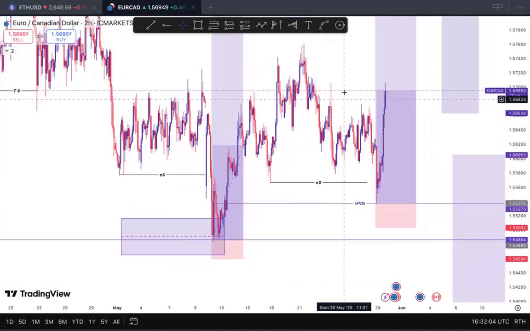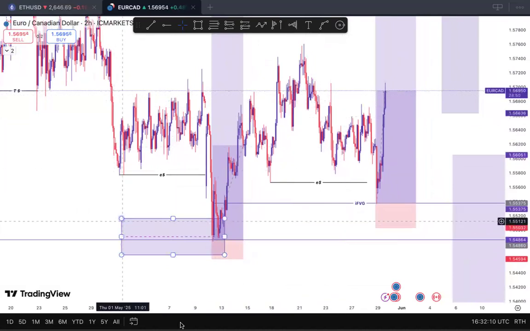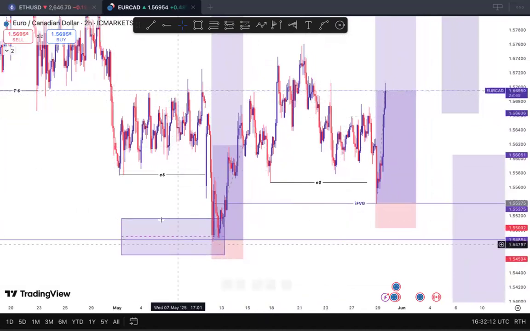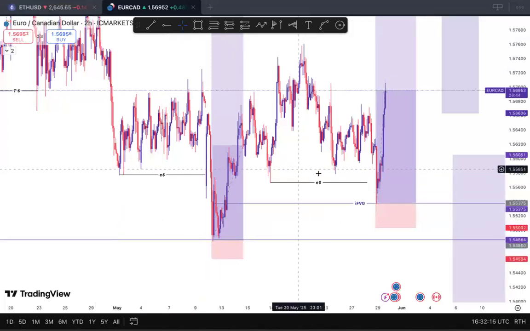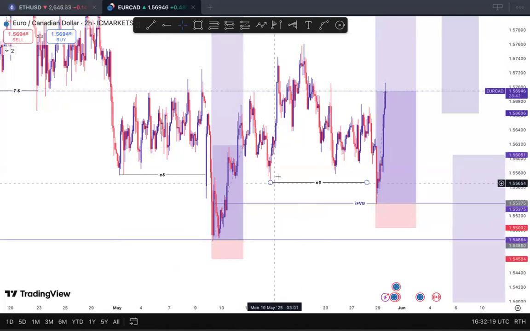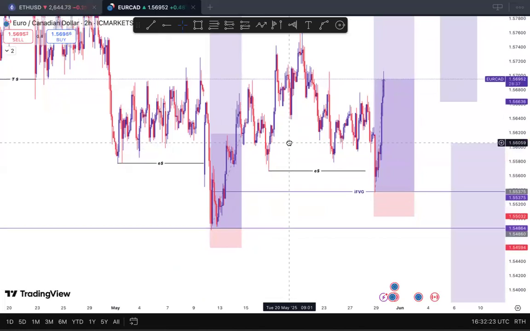But before price will come back, price is going to engineer liquidity for you as a trader that you're going to use. So your eyes need to be open to see ahead what's going to be happening in the market. Do you understand what I'm saying? So this is an engineered liquidity. Can you see it? Market engineered liquidity along the line, okay?